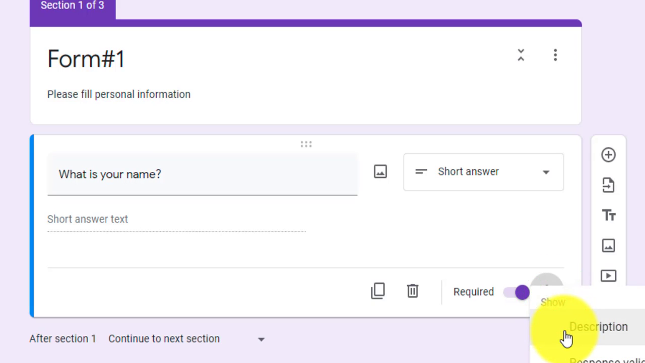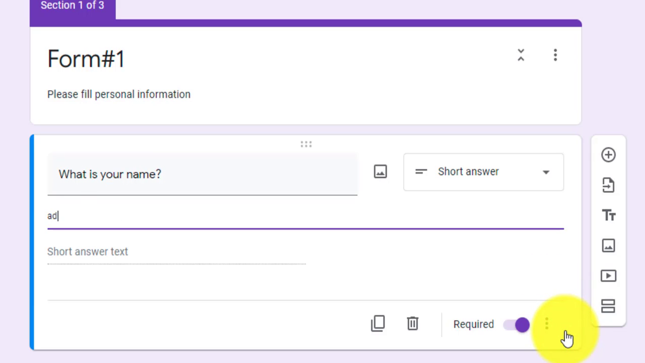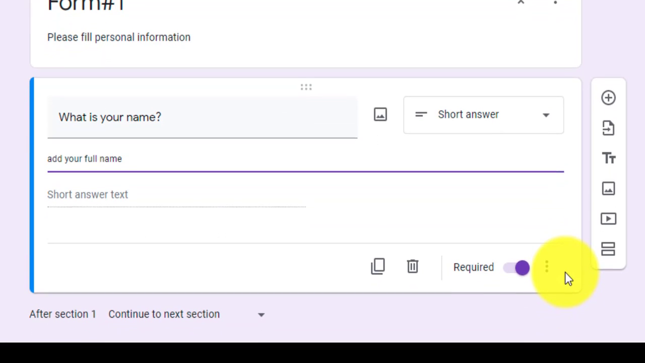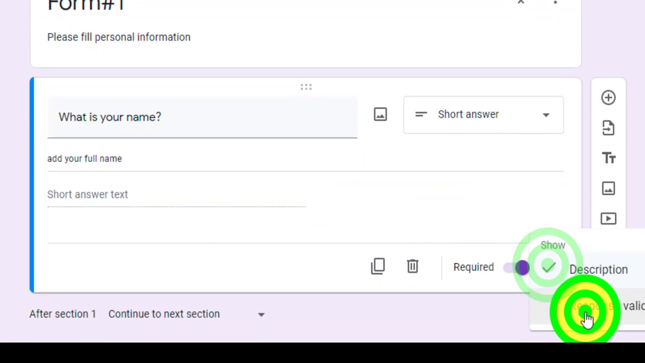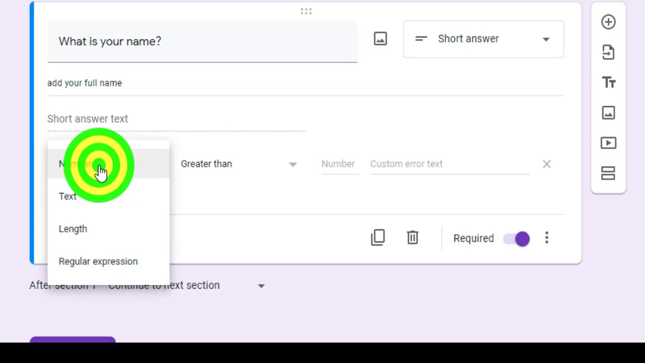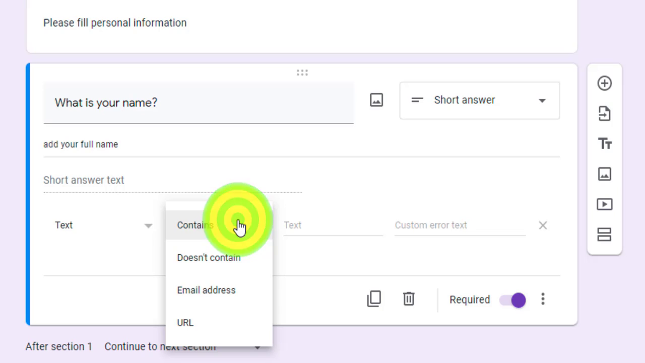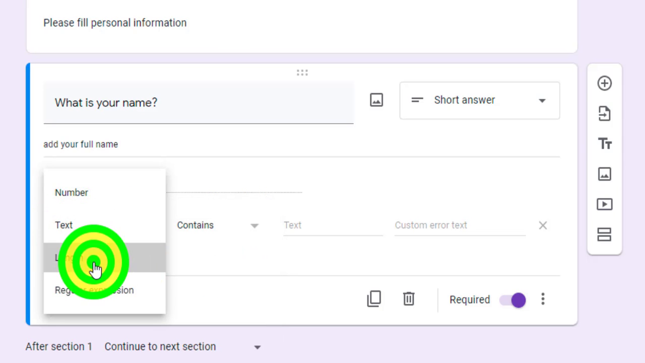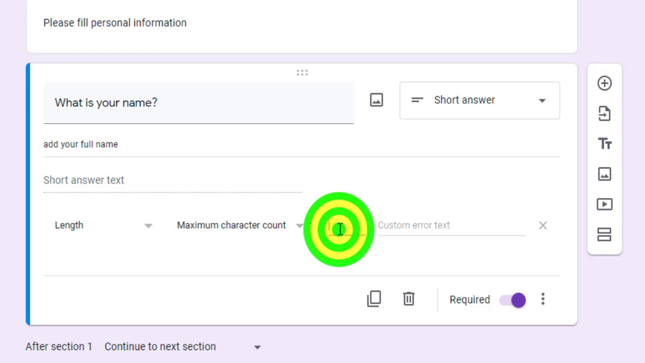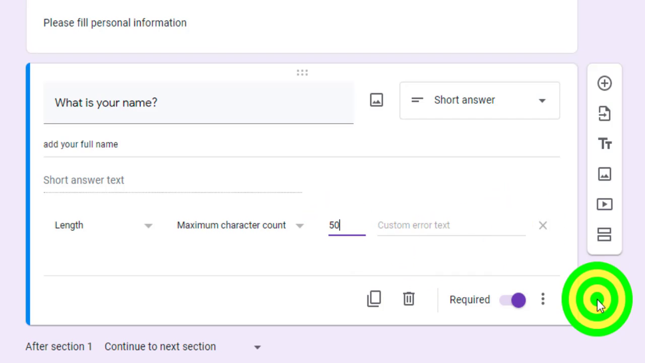Here I can add a description, for example, add your full name. Also, I can add response validation, for example, length or text must contain. For example, let's set length maximum characters 50. So the full name must not be greater than 50 characters. Let's